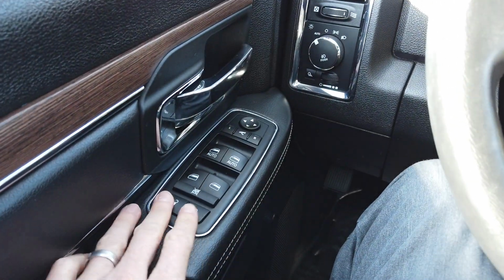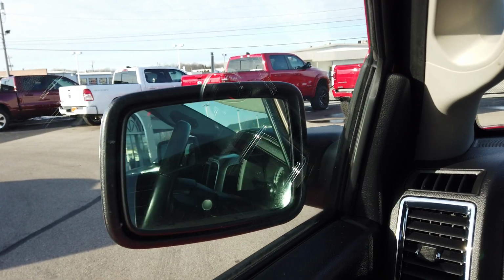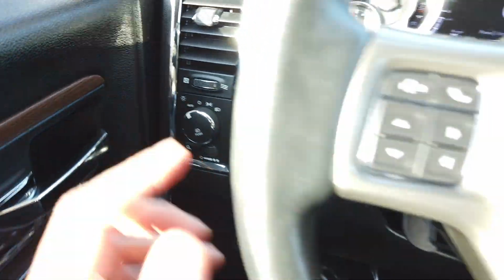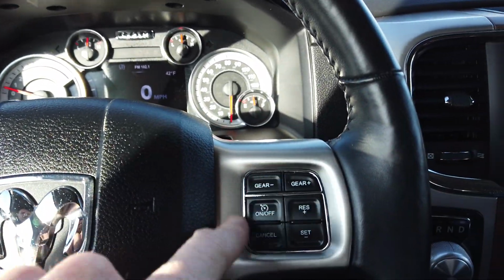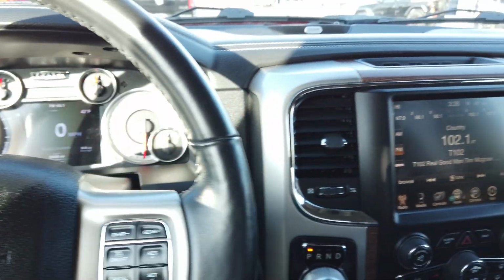Has some really nice features, power windows, power locks of course, but it also has the power folding mirrors. Hit the button, so if you're parking this in the garage or a tight space or even on the street, it's nice to fold in those mirrors so people don't hit them. Hands-free connectivity, so you can talk through this car on your cell phone. Also cruise control over here to the right, as well as audio control back behind on the back side of